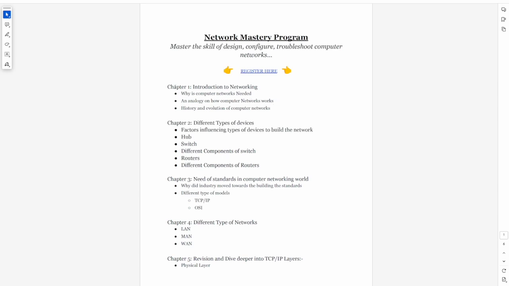This course is first of all called network mastery, and we are going to master the skill of designing, configuring, and troubleshooting computer networks. So this will definitely include the entire CCNA syllabus, but it also will include the Network Plus syllabus. It also will include the Security Plus syllabus. So it's not a very specific certification only, but you will cover everything that you want to learn in the